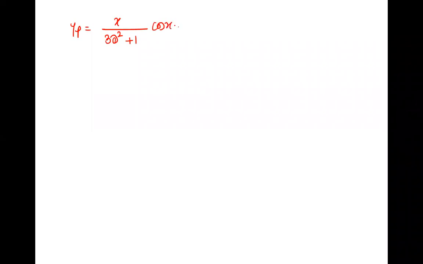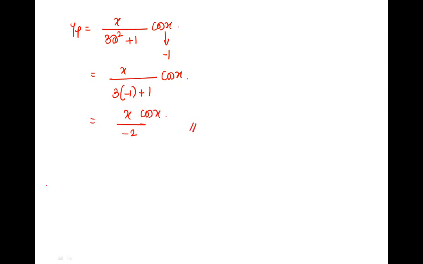Now, is there D square in the denominator? Yes. If not, then try to obtain it. But yes, it is already there. Then we can find a, square it, negative sign, minus 1, and put it over D square. So 3 into minus 1 plus 1, cos x. Did you notice I am keeping only D square, not D? So x upon minus 3 plus 1, which is minus 2, into cos x. Done. This is your YP.